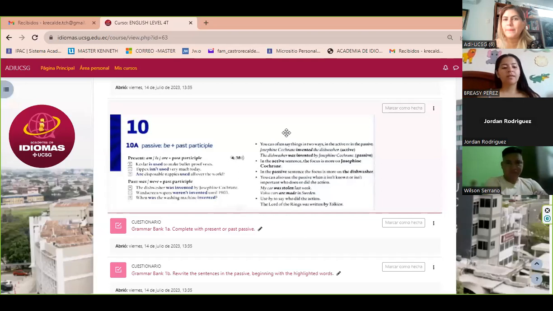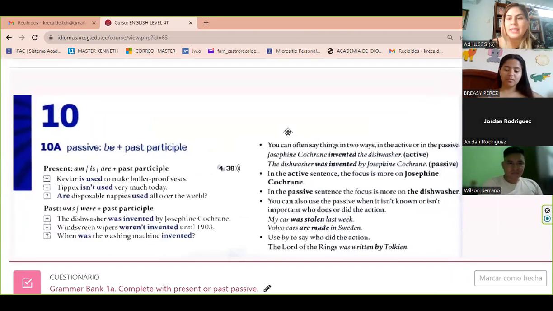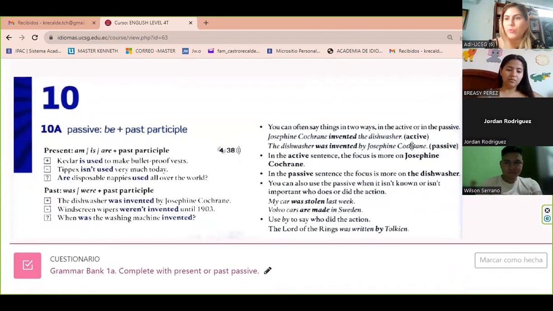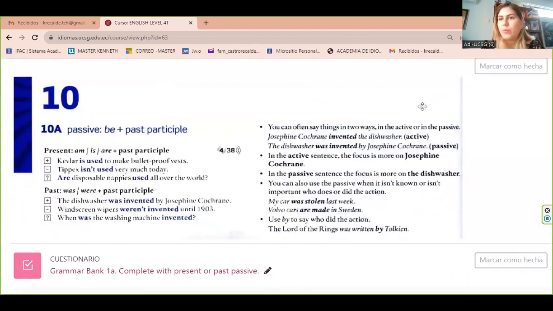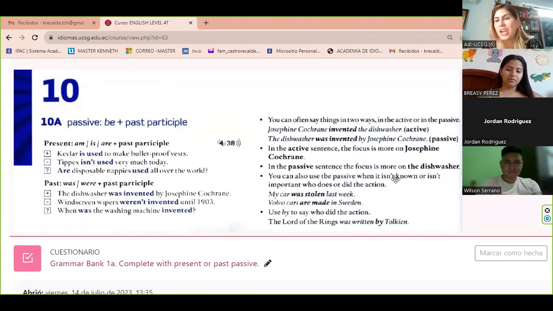So I was explaining, can you see my screen? Okay, good. I was explaining in our last class how to make the passive voice. The most important thing in active voice is the subject. However, in passive voice, the most important thing is the object and the action. In passive voice, we use the verb to be and a verb in past participle. How do you know if you have to use the verb to be in present or in past? It's because of the sentence. For example,